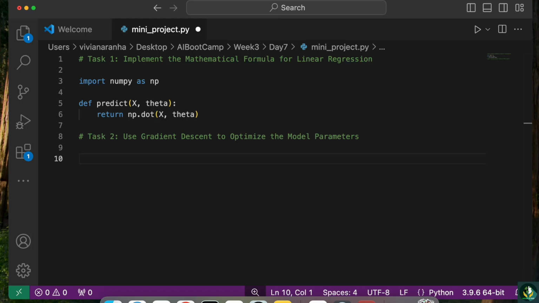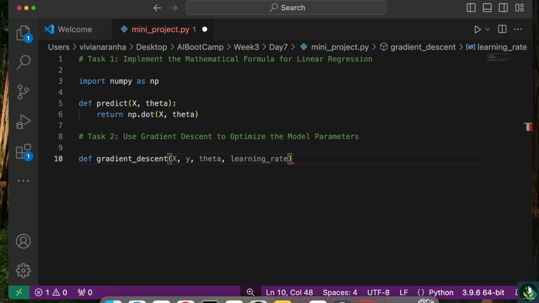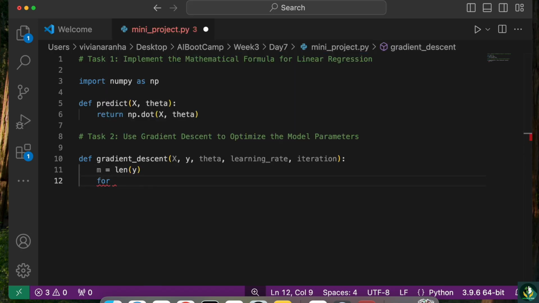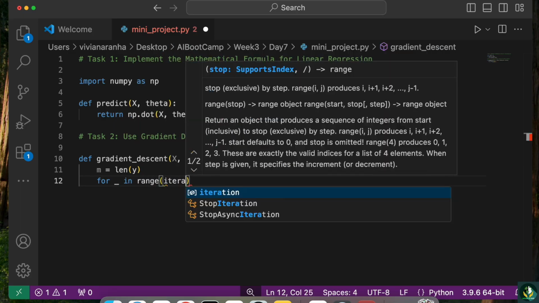The example code can be written something like this, where I can say gradient descent, and it takes, as we've done before, X, y, theta, learning rate, and iterations that are required to get optimized solution. Now I'm going to say m equal to len of y, and I'm going to go through each and every iteration here. For underscore in range of iterations,